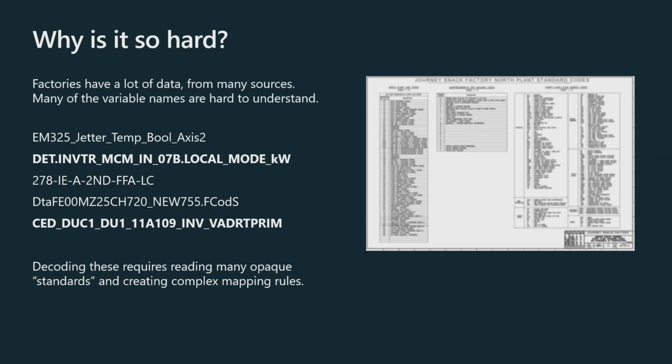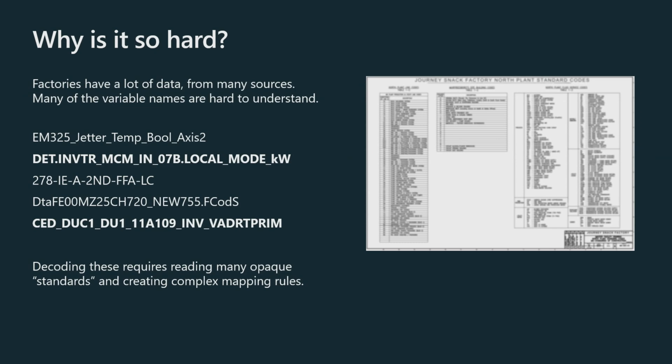And even what we can see from this sort of system is you'll have these variables which you try to look at, and you just can't make any sense of them. I have kind of my hall of shame of variable names up here on the screen. And a lot of these look more like your cat fell asleep on the keyboard than being some sort of variable that you could actually interpret. And even the ones that look kind of readable, like that first one, jetter temp bool access to, we talked to end users, and they're sort of, what are you even talking about? I have no clue what this variable is. Why did your AI algorithm bubble that up? And so we get these really crazy sort of challenges here.